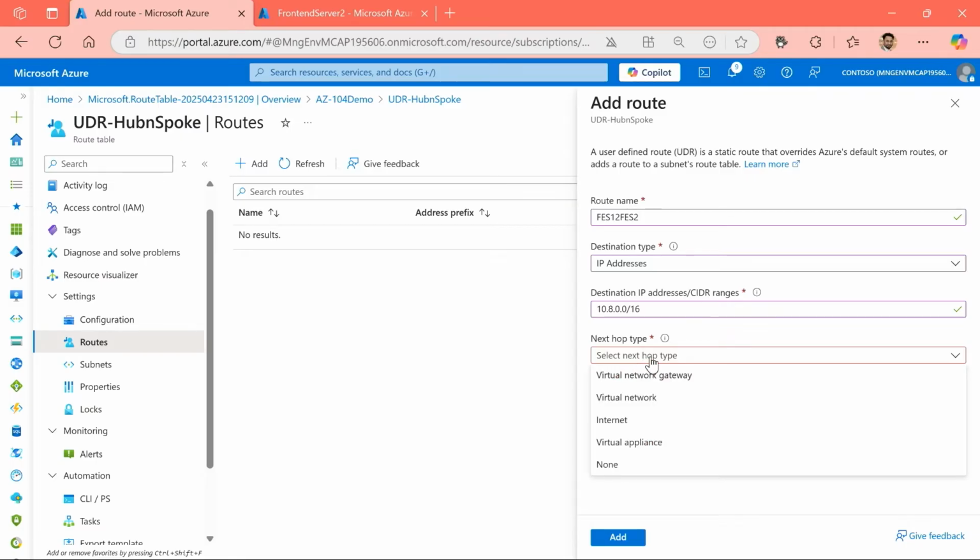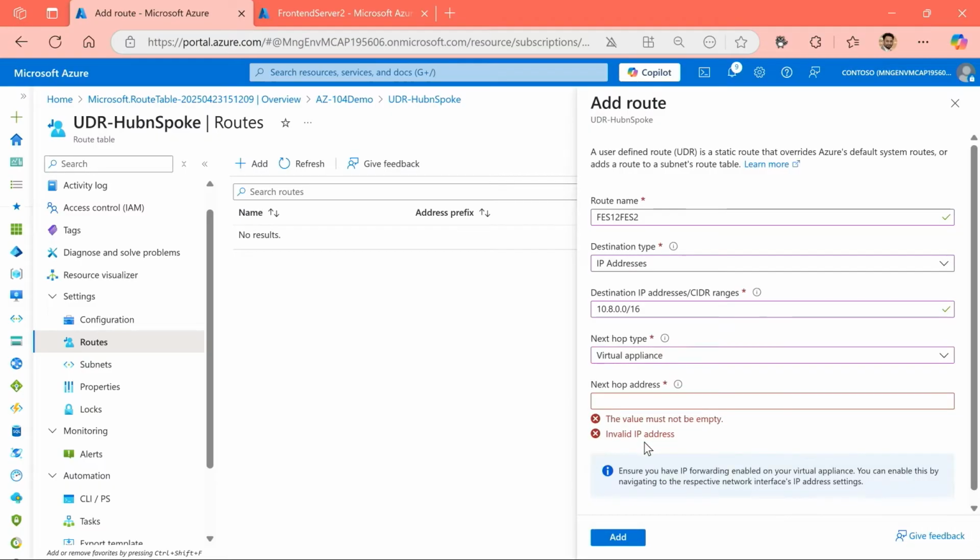So the next network that it is jumping on is my hub. However, within the hub, I am using a network virtual appliance. So we'll click on a virtual appliance that we are jumping on, and the next hop address should be what? So we are now defining the destination where it needs to reach, and we're defining how it goes there by adding the details of my backend server, which is sitting in the hub at the moment.